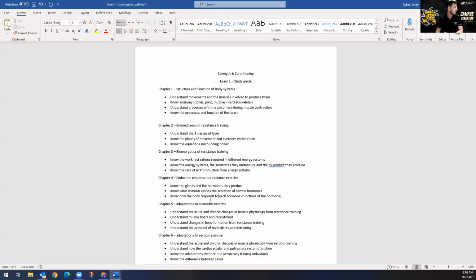Then know how the body reacts to those. Okay, is it anabolic? Is it catabolic? So is it going to build the body tissues more and be beneficial, or is it going to be catabolic and actually start breaking down body tissues? Understanding those will then influence, okay, what training do we do? What type of stress do we want for an athlete? And then you prescribe those exercises